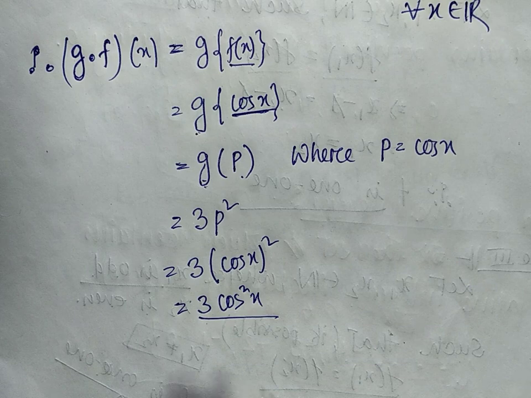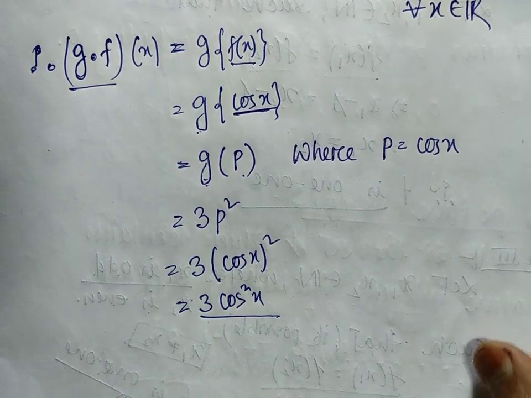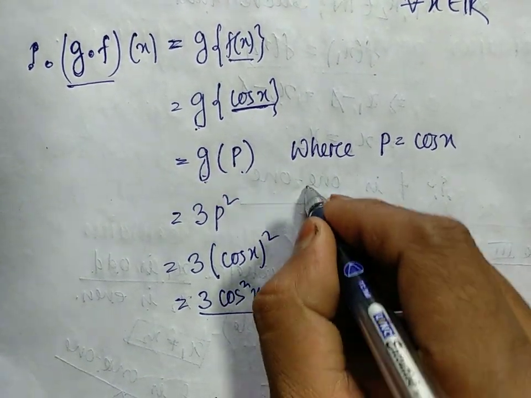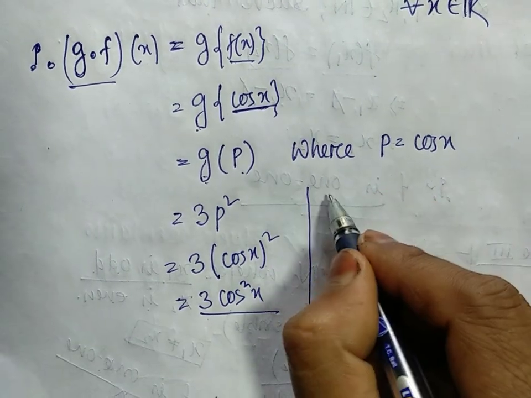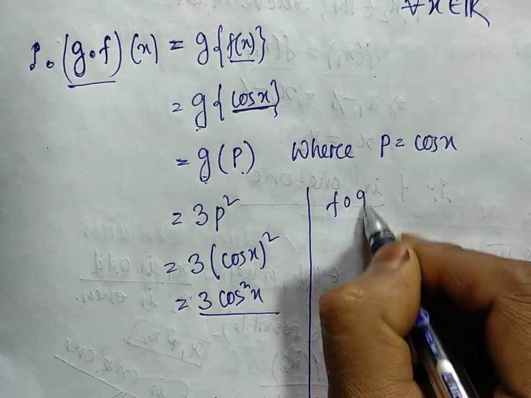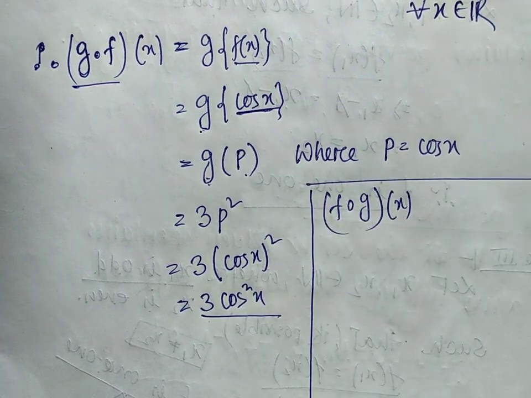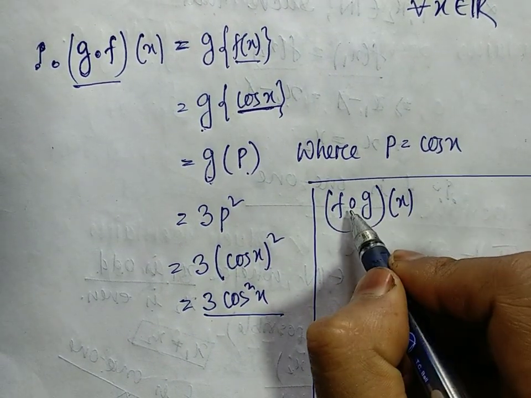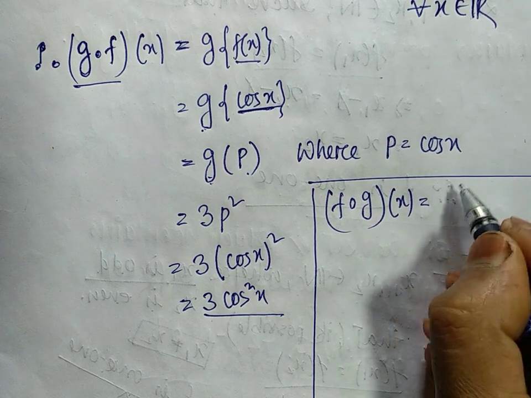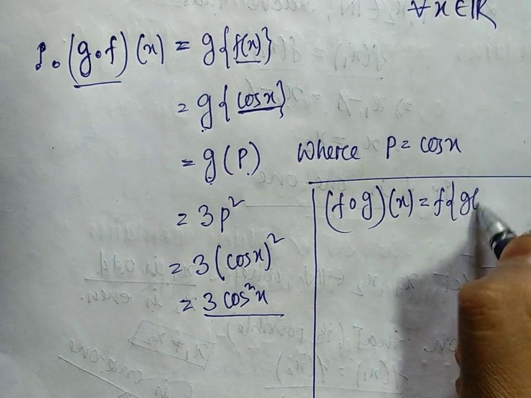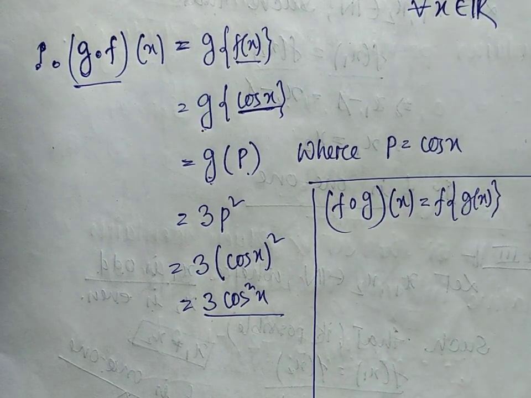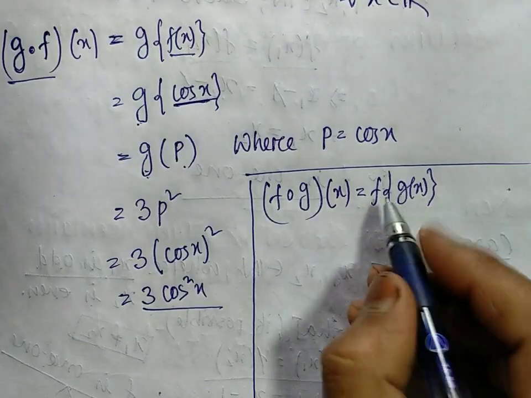We have got the value for g naught f. So let us try to find out the value of f naught g of x. So f naught g of x is equal to f of g of x. Okay. Then